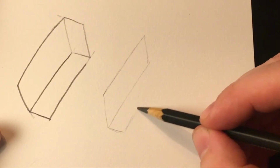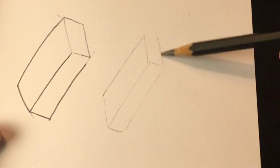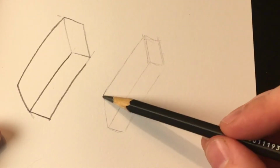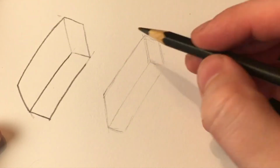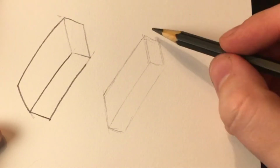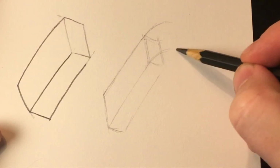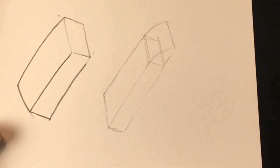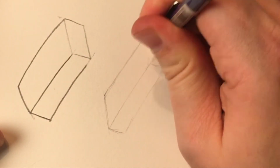So I'm drawing very lightly. And at this stage I can scribble if I want. Okay? I don't have to necessarily draw nice perfect lines. Let's call this a sketch phase. Okay, so now at this point I get to decide if this is what I want. Do I want this to be square, or do I want it to maybe be curved at the end? Well, if that's what I want, then maybe now I can go in, I can erase,